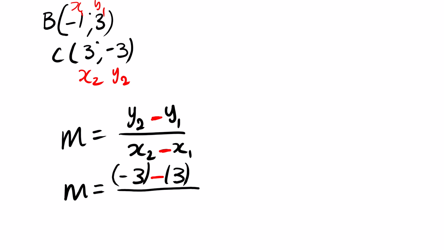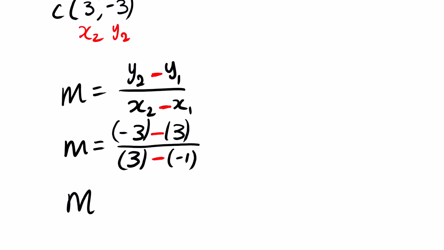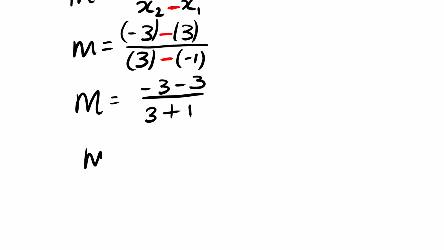Our x2 is 3 minus x1 is -1. So we have -3 minus 3. 3 positive and positive is +1. Our gradient is -6